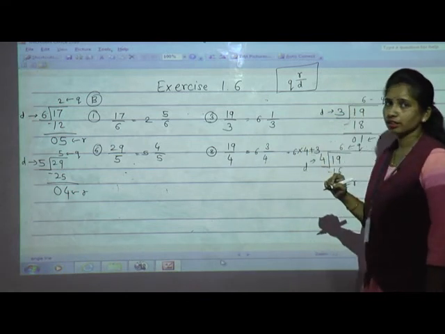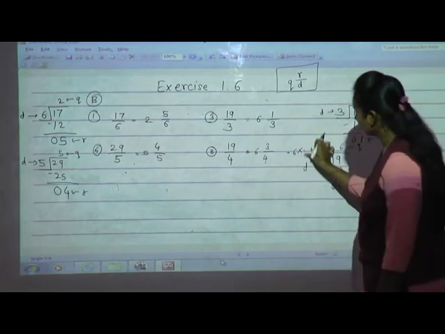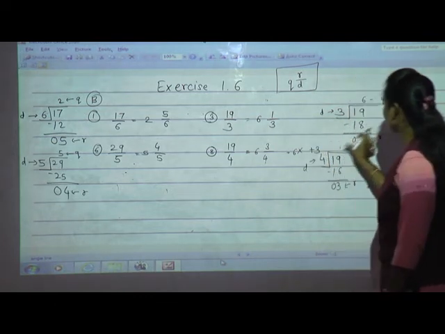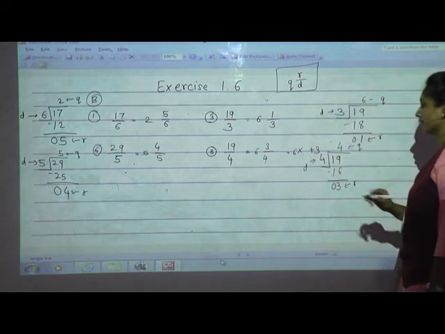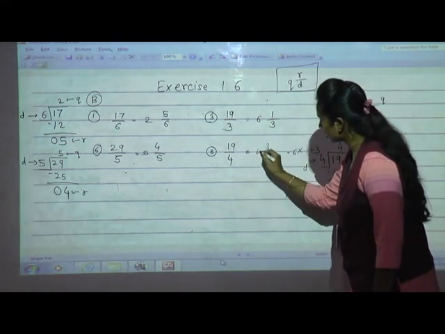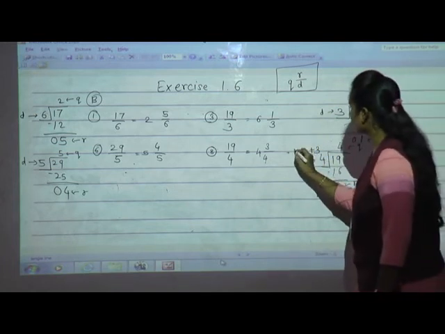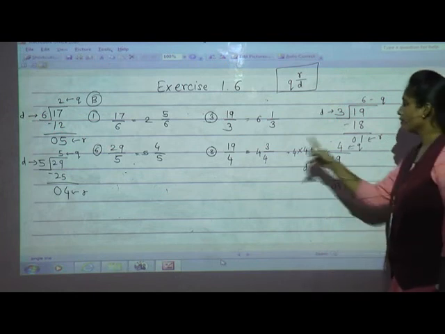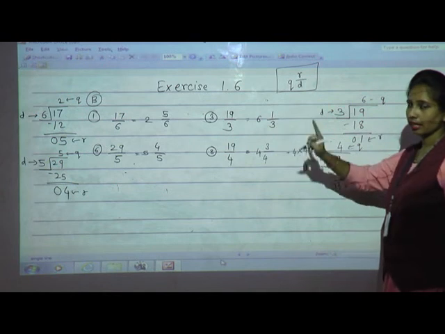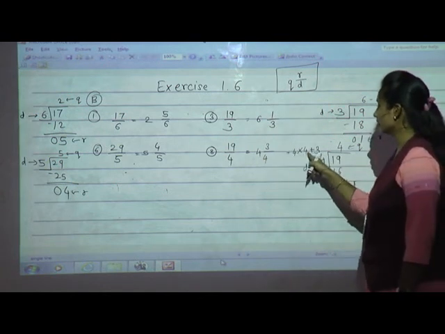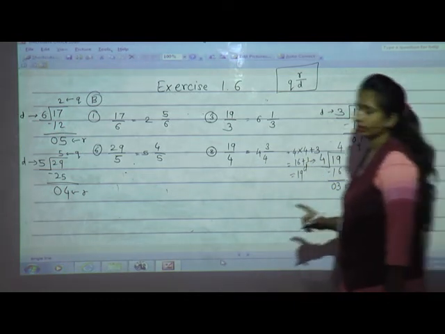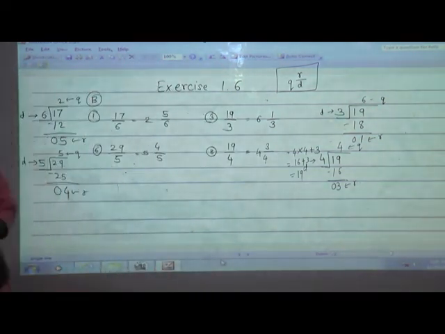6 multiplied by 4 plus 3. Sorry, what I have written, 4 4s are 16. 4 4s are 16, isn't it? The remainder is 3. Quotient 4, 3 upon 4. Now 4 4s are 16. 16 plus 3 is 19 and the denominators remain as it is. Okay. Now next example I will solve.